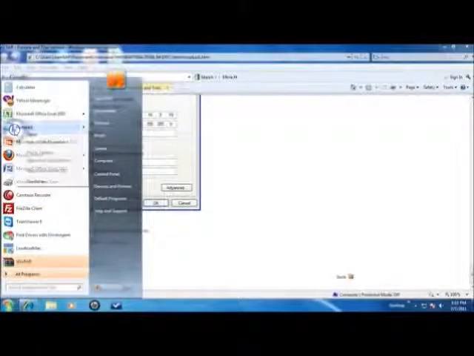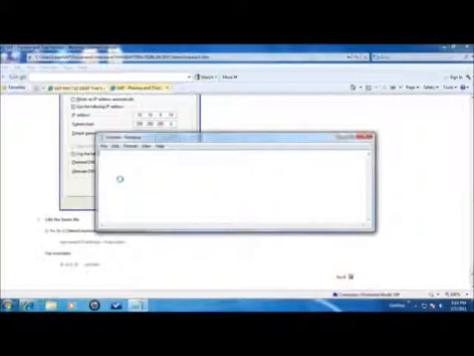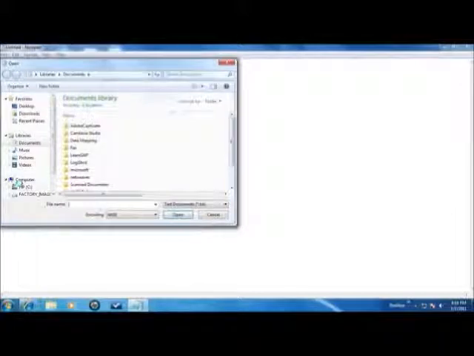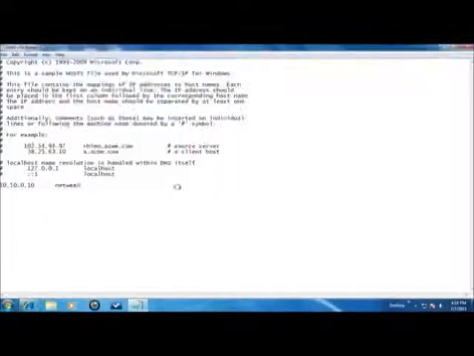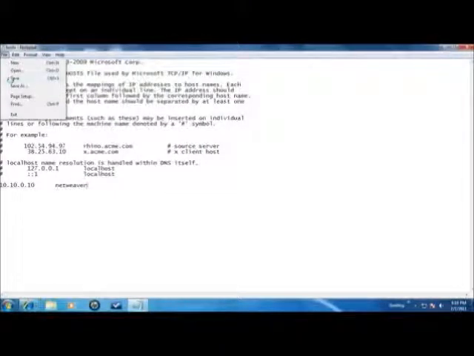The instruction calls for assigning a fixed IP address to the loopback adapter and making a corresponding entry in the host file. Start with right-clicking on Notepad, then select Run as Administrator, then click on Open. Select C drive. In C drive, Windows folder. In Windows folder, go to System32 folder, Drivers, etc and select the host file. And in the host file, make the required entry.